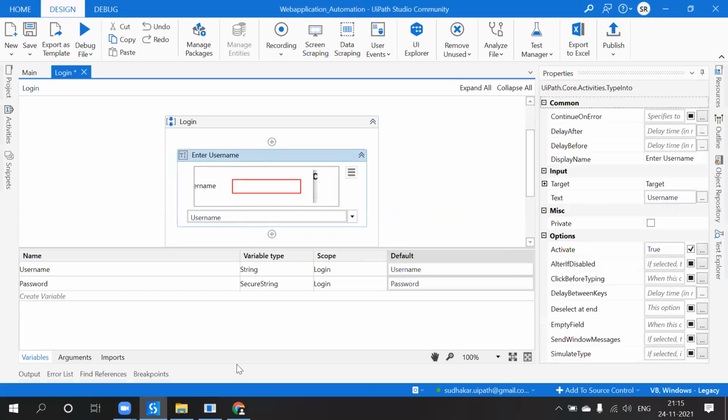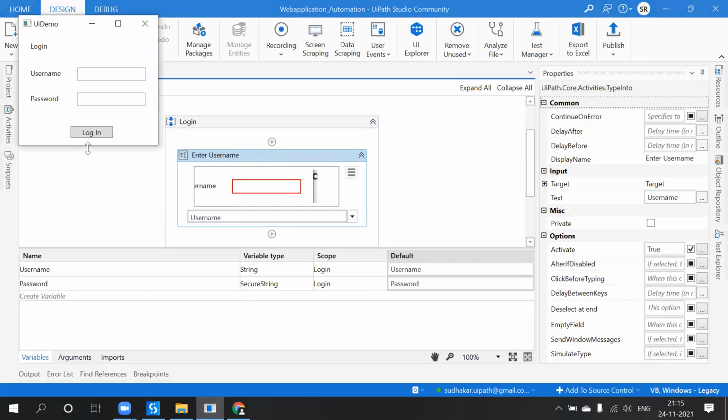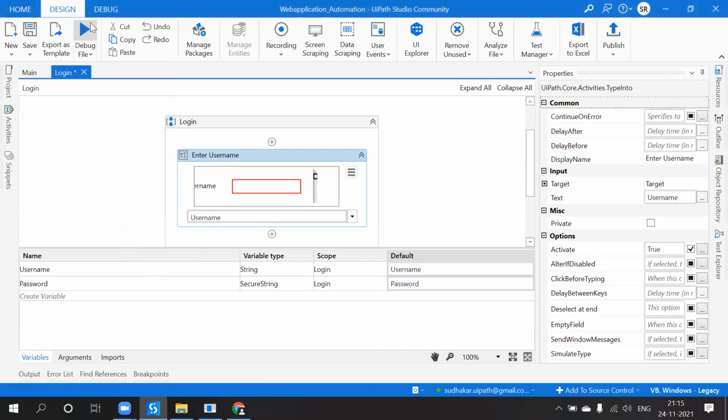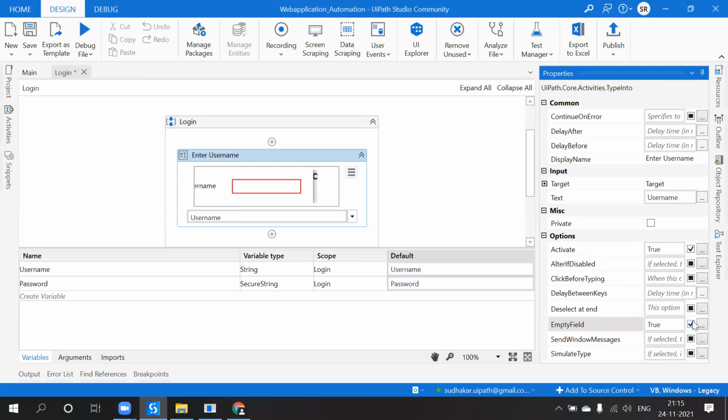So after this, what is the value we have to pass? Another value is password. The password is of type secure string, because I don't want to reveal that password to any one of them who is working on that. So always empty field and simulated type. See, I told, right, there are two things.